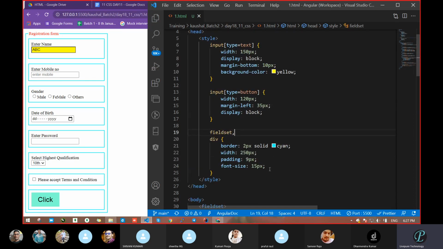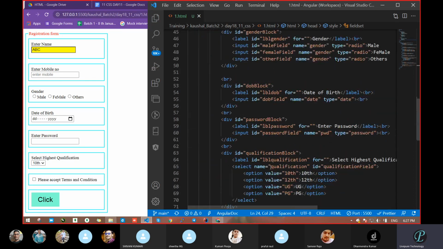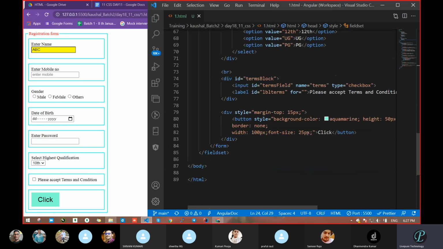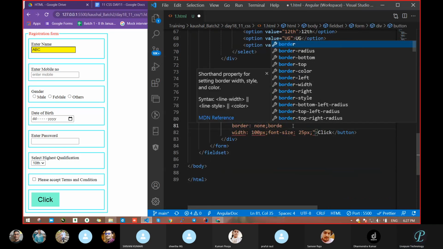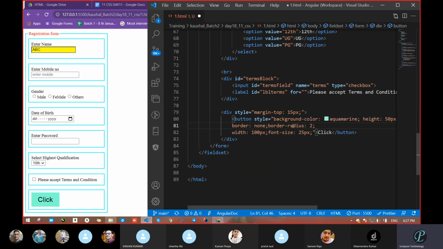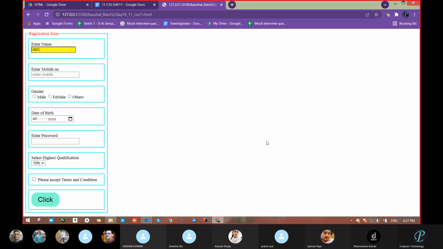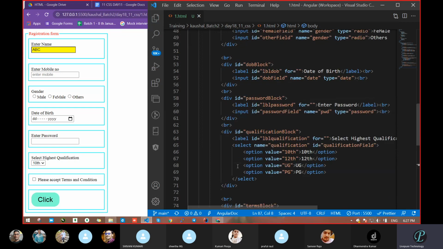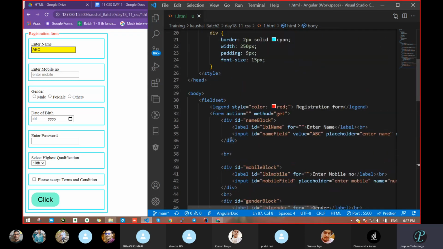Correct. So the same thing we have to do. This is the way we have to think. Take this border radius, then it will look good. Border radius, and take 20 pixel. Okay, now it's fine. If there is a need to make something capsule type, you can take this. It will work that way. It will make that design.